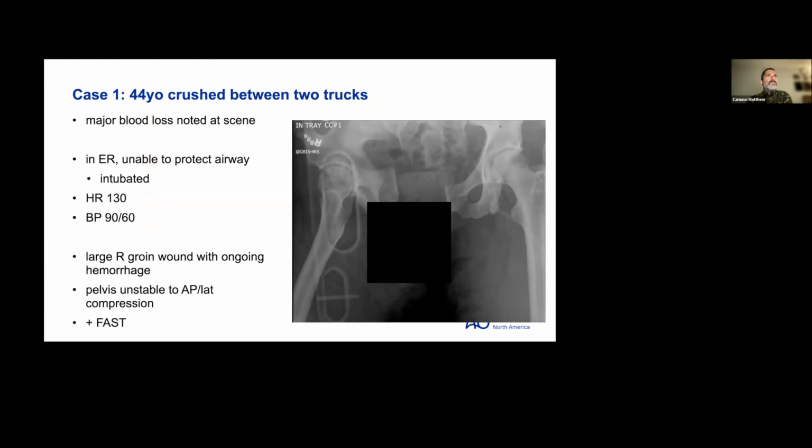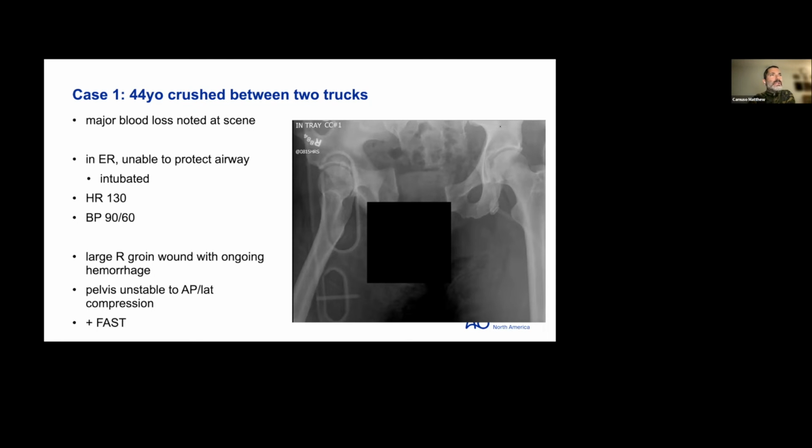So let's get after it. This first case is going to focus on the pelvis. So Ray, you'll be in the crosshairs here, but certainly Steve, we're going to get you involved. This gentleman was at work, and he got crushed between two trucks and was pinned in between those trucks for about 20 minutes. And once they were able to extricate him from between the two vehicles, there was just a pool of blood on the road, and he was in bad shape.